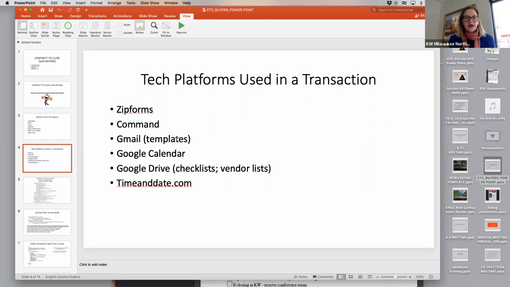Gmail, of course, but just kind of an organizational tip that I will highlight later on. Gmail has a function of email templates that you can